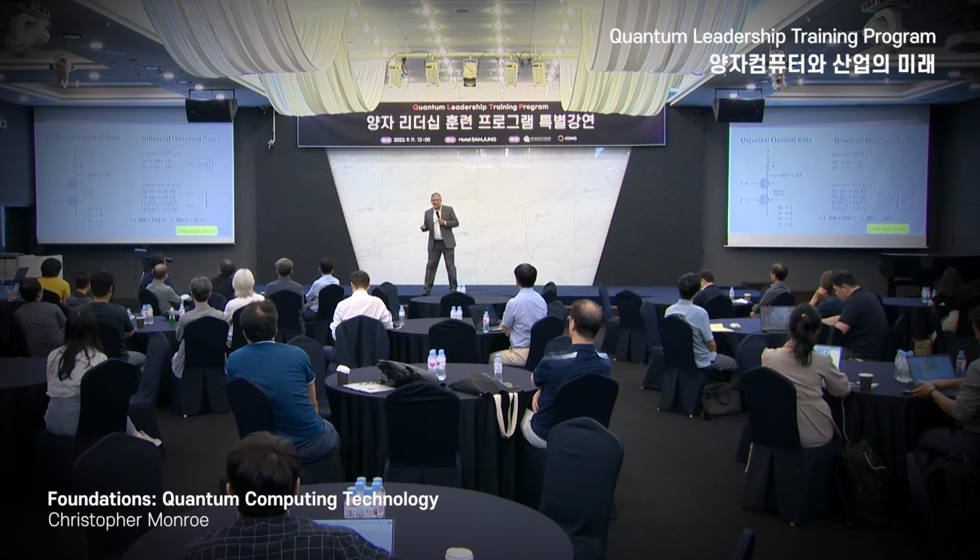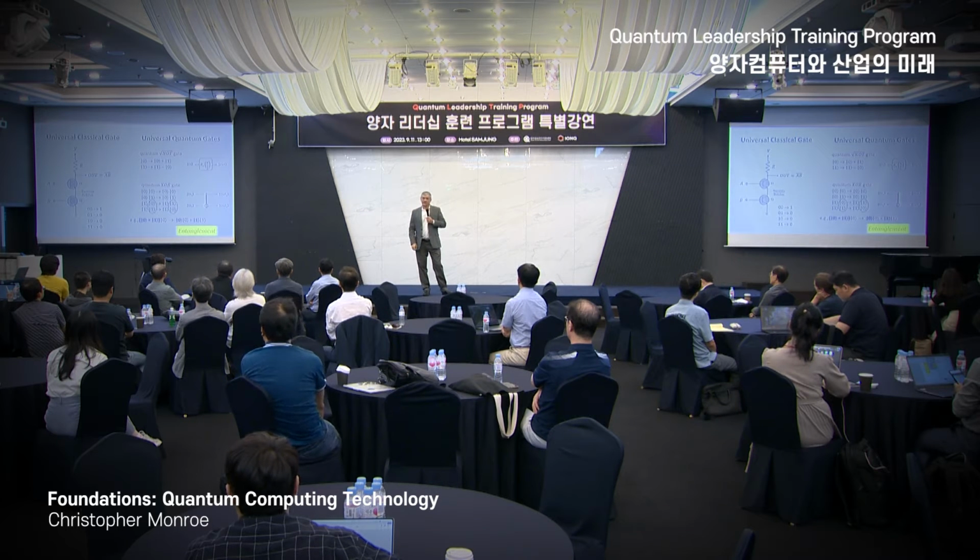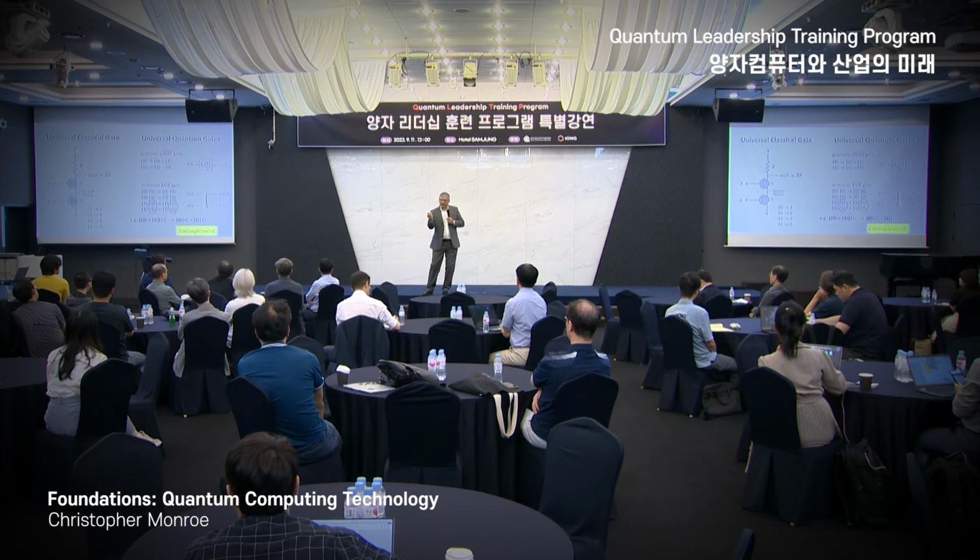Well, classically, that's nonsense. Classically, all you can do to a single bit is leave it alone or flip it. And if you do that twice, you end up at the same state you started with. Okay? So it makes no sense that there can exist a square root of NOT gate in classical logic. But in quantum logic, there does.